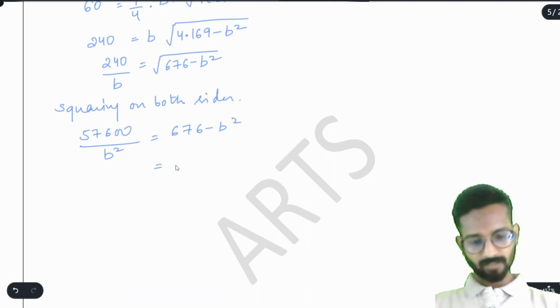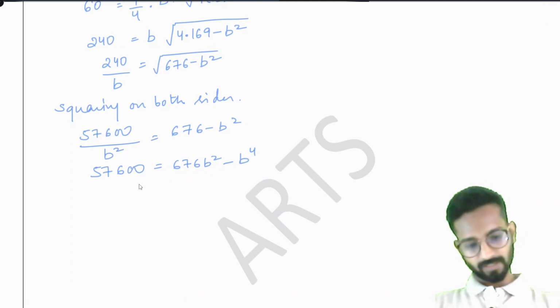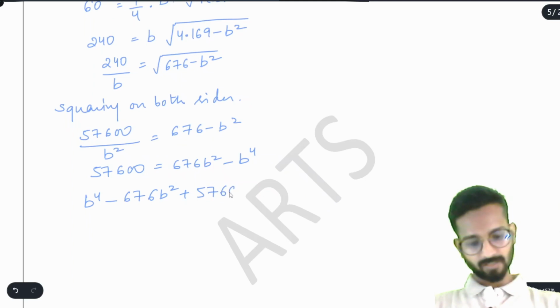Now if I solve it, it will become 57,600 equals 676 b square minus b power 4. Simple enough. So I can write b power 4, getting it this side, minus 676 b square plus 57600